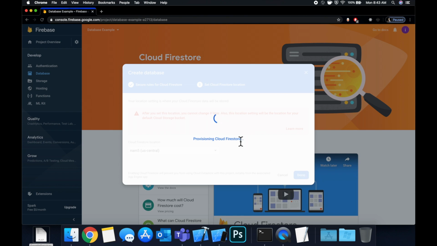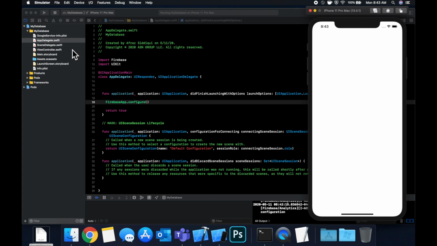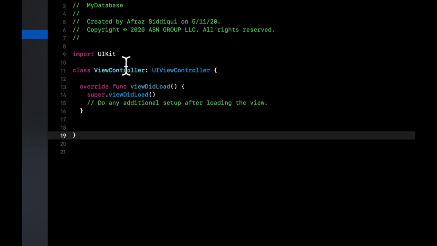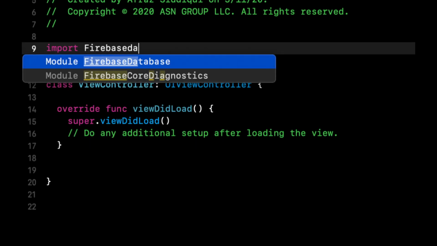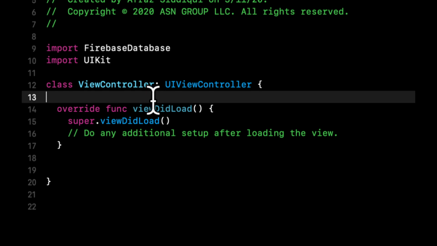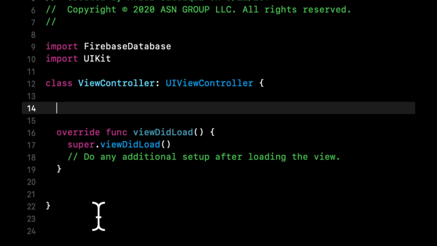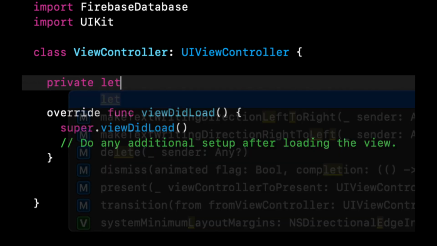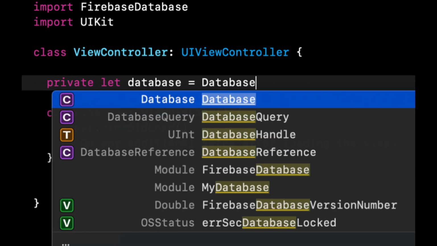Now this will set this up, and while it's doing this, let's go to our view controller. So what we want to do in here is import Firebase Database. And what I like to do is create a singleton or a variable for our database. So let's say we have a private let database is a database